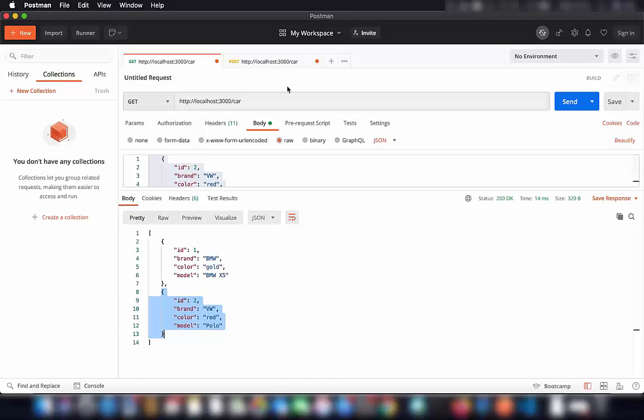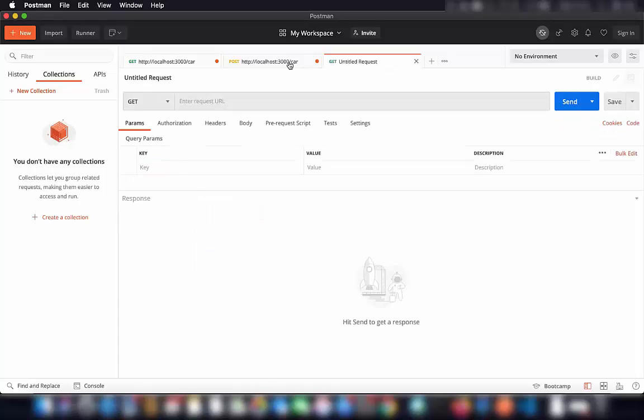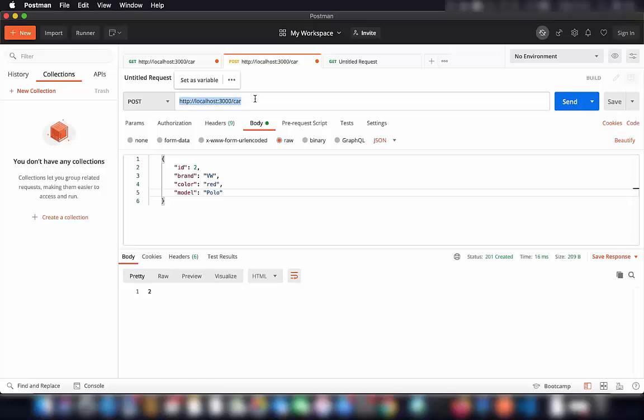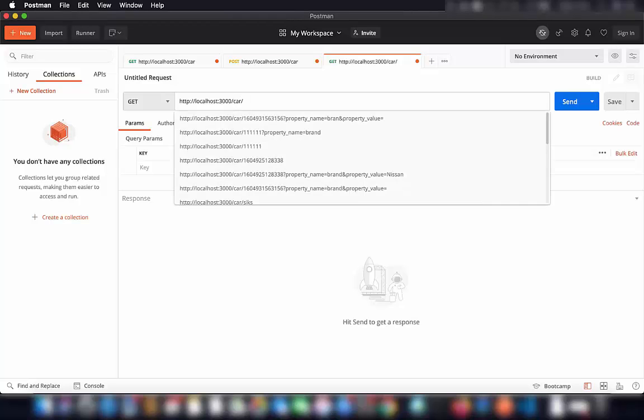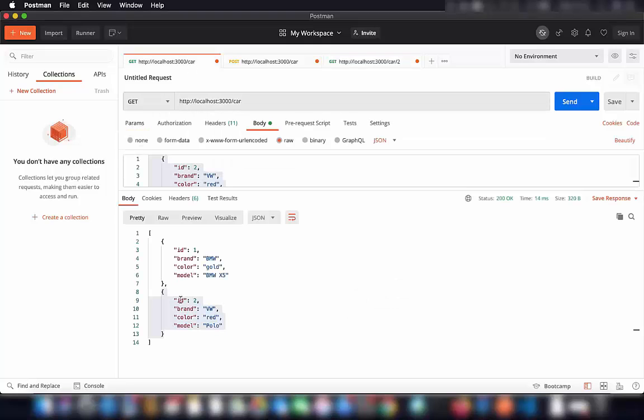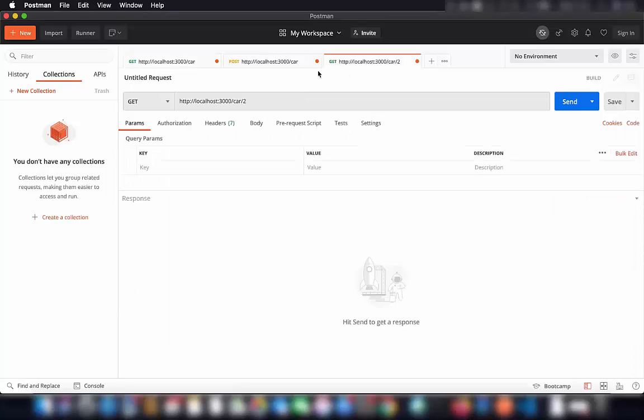Now we are going to test our put method first of all. So I'm going to just use the similar URL, but we also want to pass the ID of the car. So let's say I want to edit the ID 2. So you see here it's ID 2, or let's say we just want to change the color of this VW car. Okay, so I will just give the ID, which is 2 here,